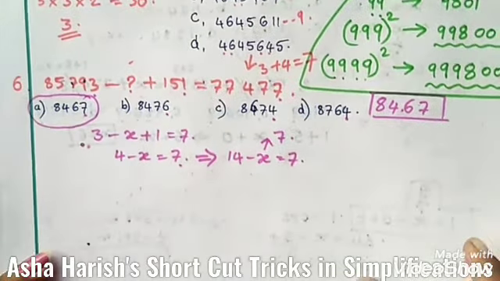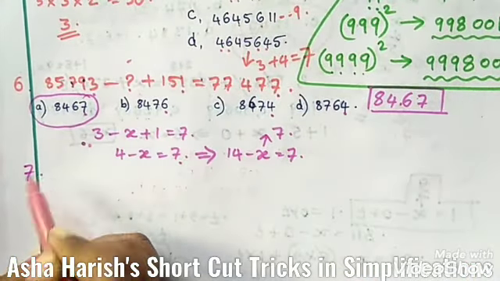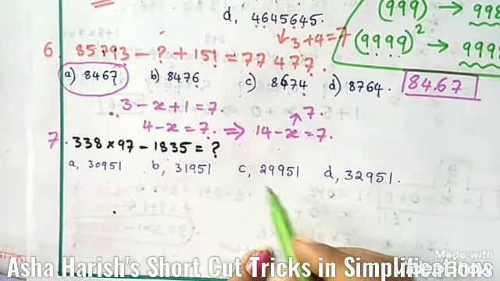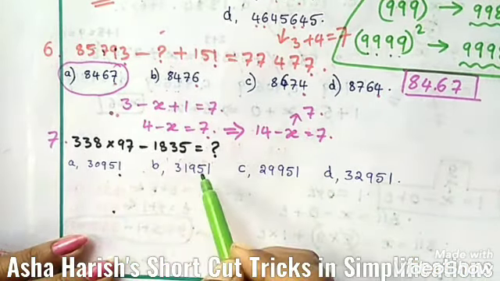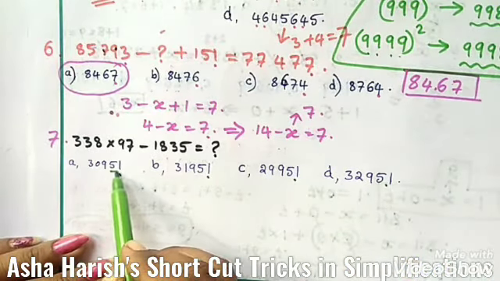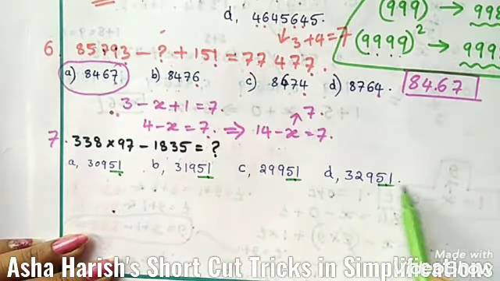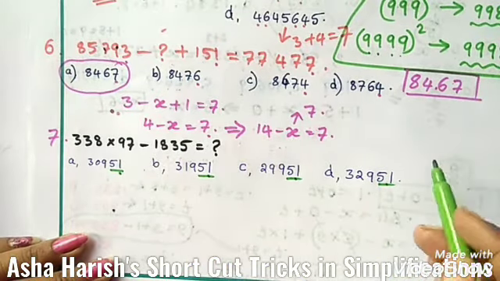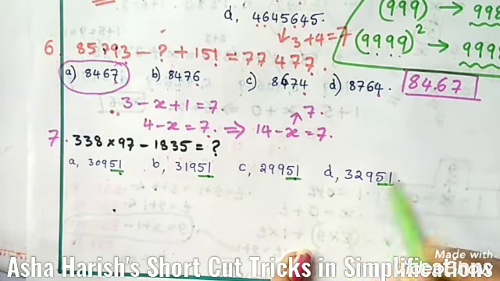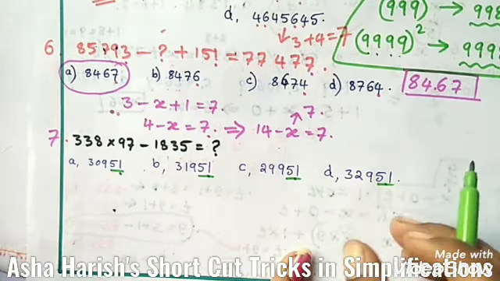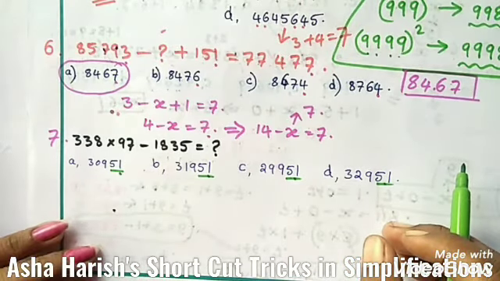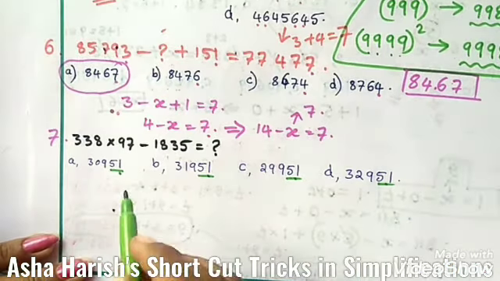Okay, right. Now question number 7. In the 7th question, if you observe all options here, all the ones place is 1 only, so the same answer. If you take the last 2 digits also, the same, 51, 51. So according to this you can understand that the units place rule and tens place rule are also not applicable to this question, and we have to do the digit sum rule. Digit sum rule only here.